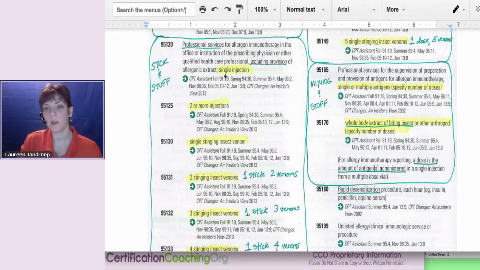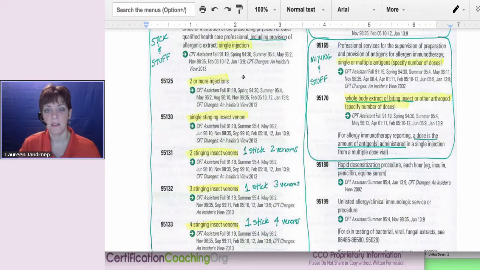So then we look at the highlighting part of bubbling, and highlighting is highlighting everything after the semicolon. So in the parent code, there's the semicolon. You have to really hunt for it, and that's why we highlight it so it really jumps out. And then everything that's indented is technically after the semicolon, so we highlight it. And it's just a visual cue that 95125, we're just taking this phrase "2 or more injections" and replacing it